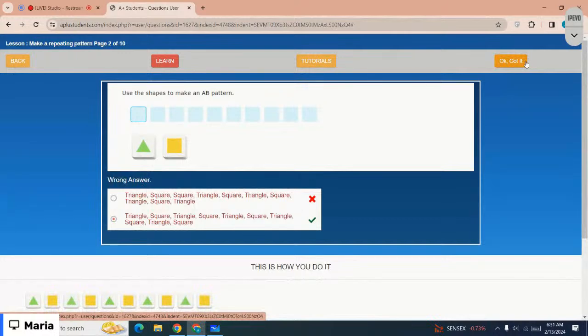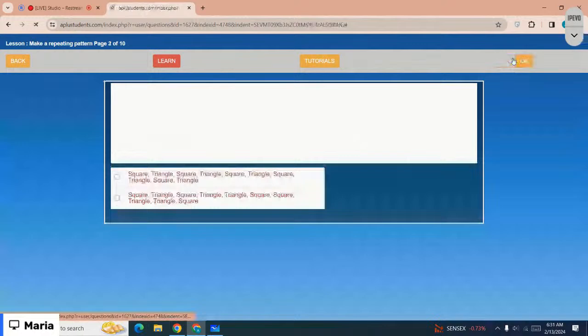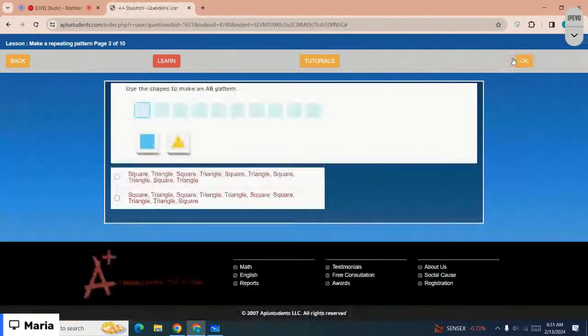Two. Oh yes. In the one you have repetition here, square, square. Yes, option two is the correct option. The next one is use the shapes to make an AB pattern, which is the correct option. The correct option is